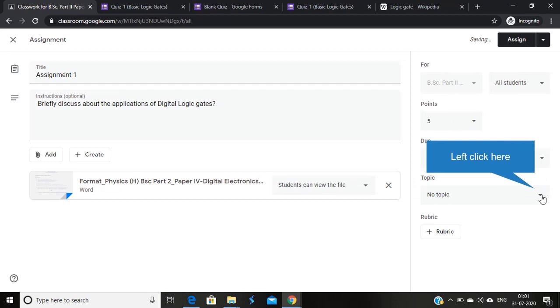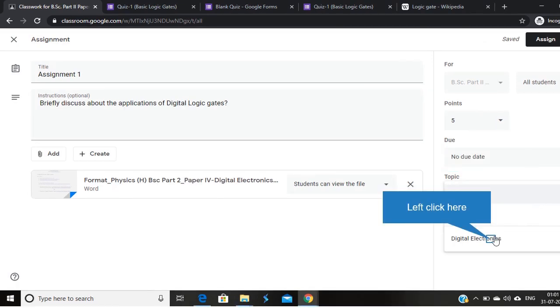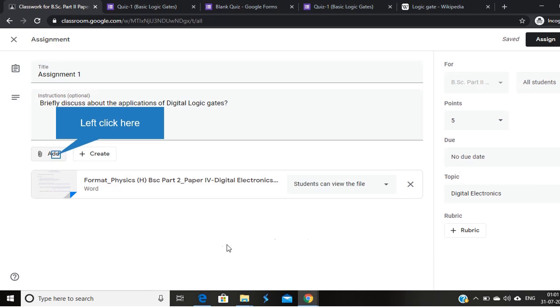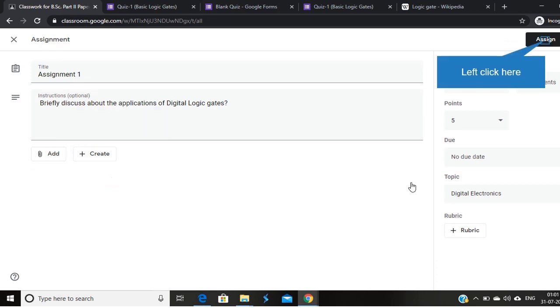Select your previously created topic under which you want to upload this assignment. Left click on Assign so that the assignment will be given to the students.